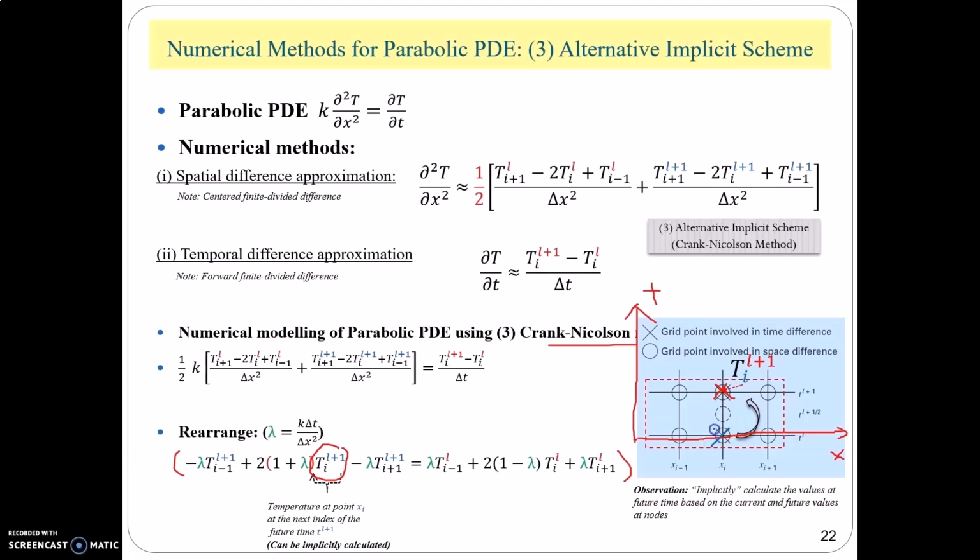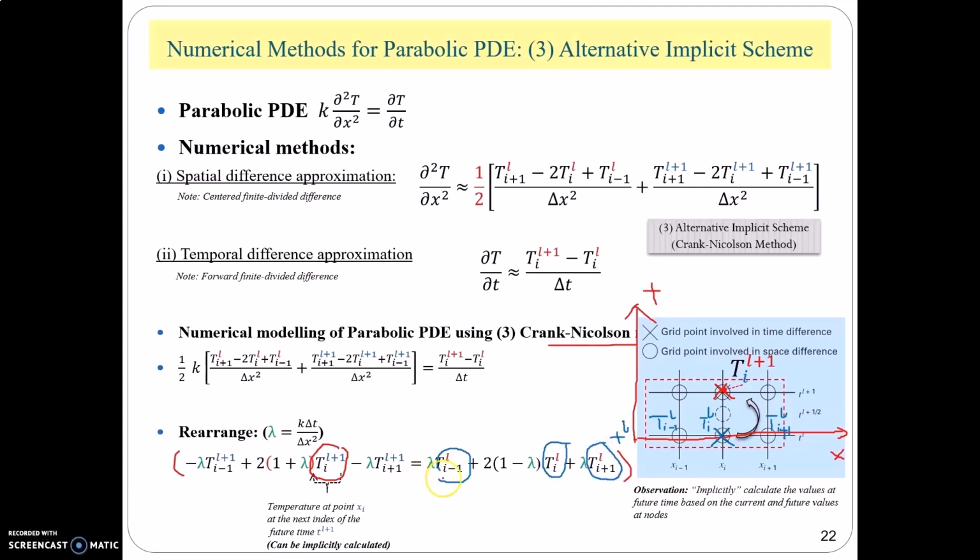This is T(i, L), the temperature at the point x(i) at time T(L). The temperature here is at L also, at i minus 1. And the temperature here is at i plus 1 with L. And then you can see these 3 points refer to the temperature here,